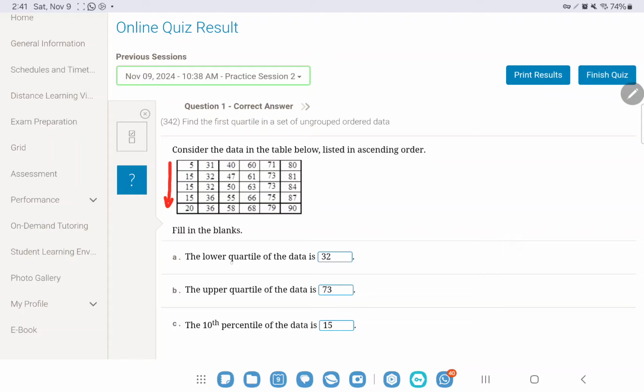bigger. The lower quartile, which means the 25th percent. Okay. Upper quartile means 75th percent. And here they gave us the percent. They want the 10%. Okay, so the lower quartile of this data is, so first we have to count how